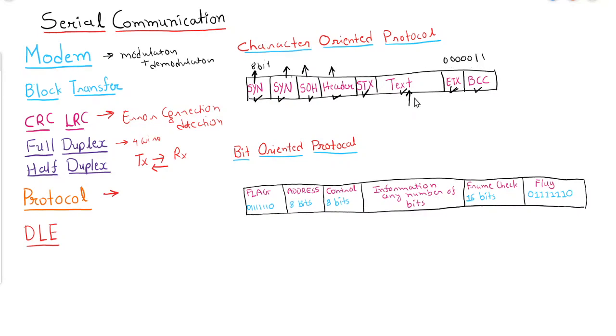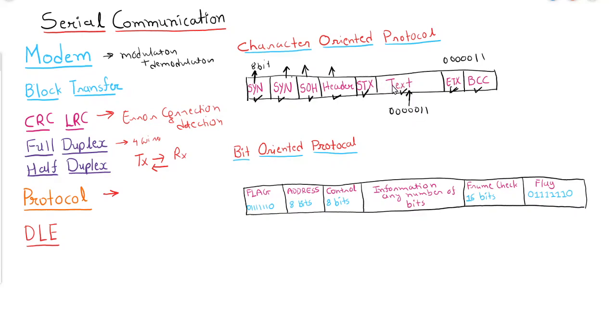Now somewhere in between the text there is the pattern 5 times 0 1 1. What will the receiver interpret? The receiver will interpret that the text is ending here, and from then onwards everything will be misplaced. Whatever is received won't be at the proper position, because the content of the text represents the end of the text.